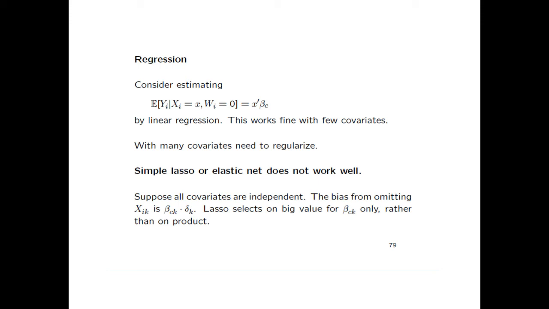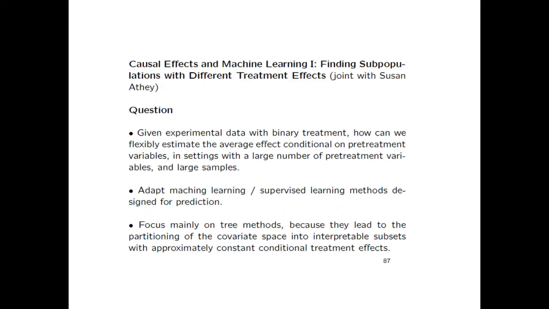But the question here is what to do if we have a lot of covariates, and we may be thinking about settings where we have a couple of thousand observations, and we may have hundreds of covariates, or we may even have thousands of covariates. So we can't directly use any of these methods. And so one thing we could do is directly import some of these methods.